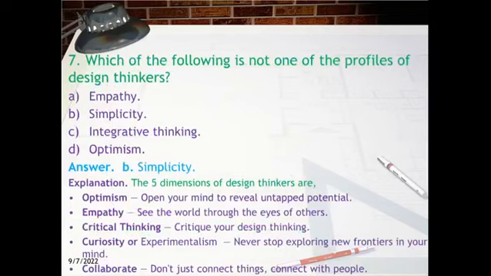7. Which of the following is not one of the profiles of design thinkers? Empathy, simplicity, integrative thinking, optimism. Answer: B. Simplicity. Explanation: The 5 dimensions of design thinkers are optimism, open your mind to reveal untapped potential; empathy, see the world through the eyes of others; critical thinking, critique your design thinking; curiosity or experimentalism, never stop exploring new frontiers in your mind;